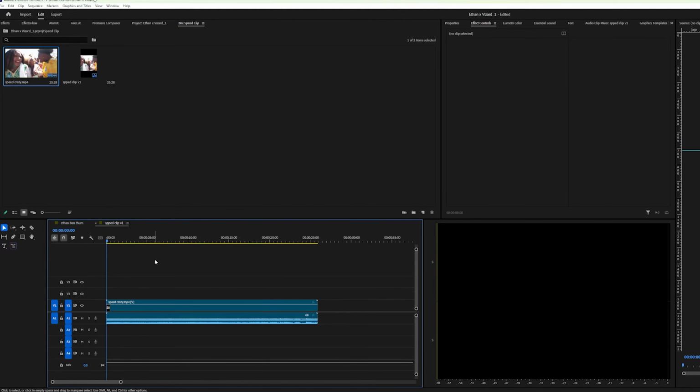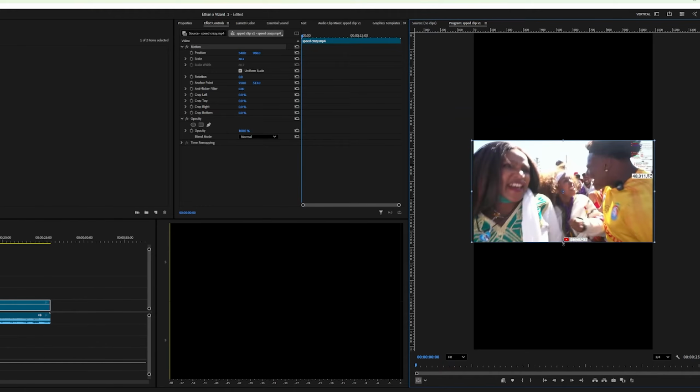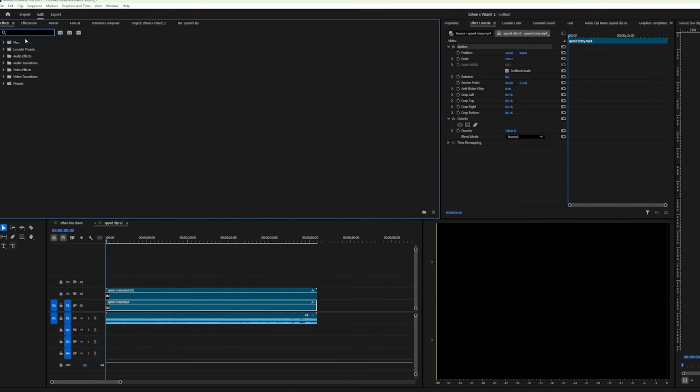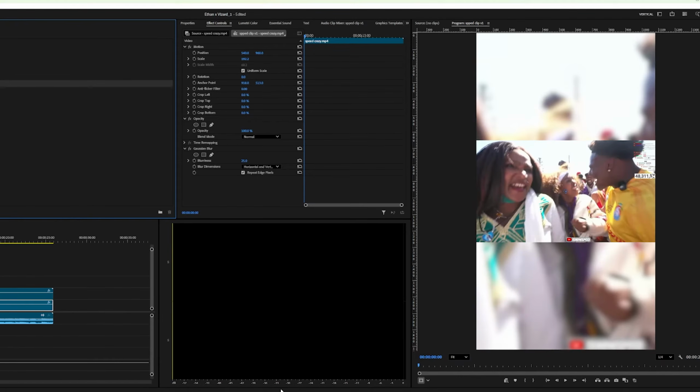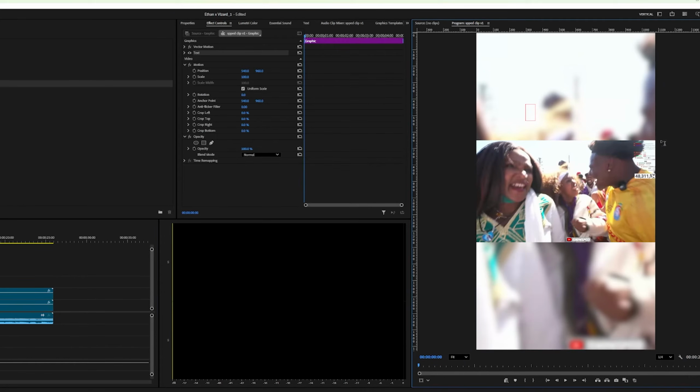Okay, so I currently have this Speed clip now in Premiere Pro, and so what I'm going to do is lower this so more of it is shown on the screen. I want a blurred background, so in Premiere Pro, I'm going to hold Alt, drag this up to duplicate it, and I'm going to select the lower layer, and scale it all the way up, and then I'm going to add a Gaussian blur to the bottom layer to make it blurred, and now we have a blurred bottom layer.